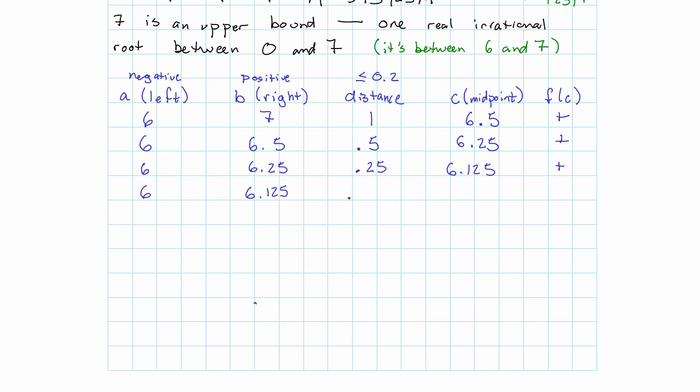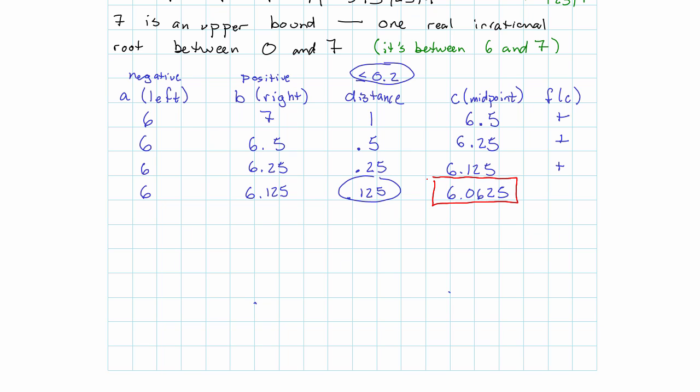The distance between those is 0.125, which is less than our 0.2. So now we just need to find the midpoint there. That's another job for a calculator. We get 6.0625. And that's where we're going to stop,